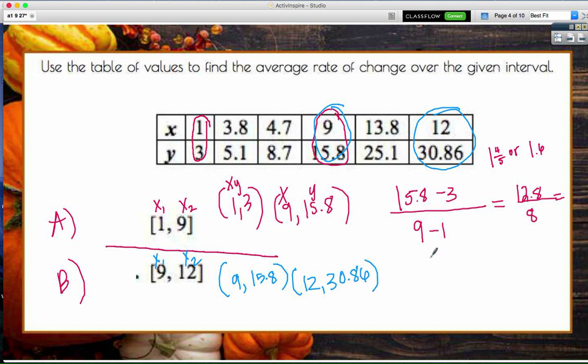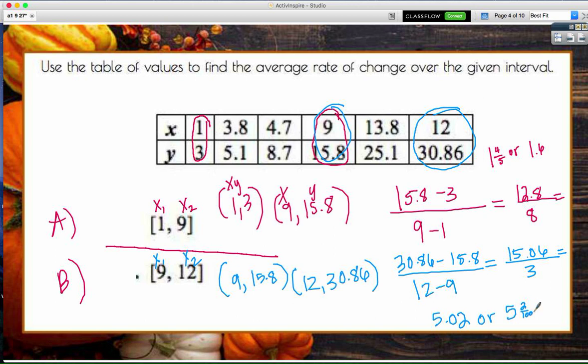I put 12 minus 9 as my denominator, and then 30.86 minus 15.8 is my numerator. Okay. And what did you get on top from that? I got 15.06 over 3. And what did that come out to be? 5.02. Okay. So as a fraction, what would that be? 5 and 2 hundredths. Yeah, which reduces to,